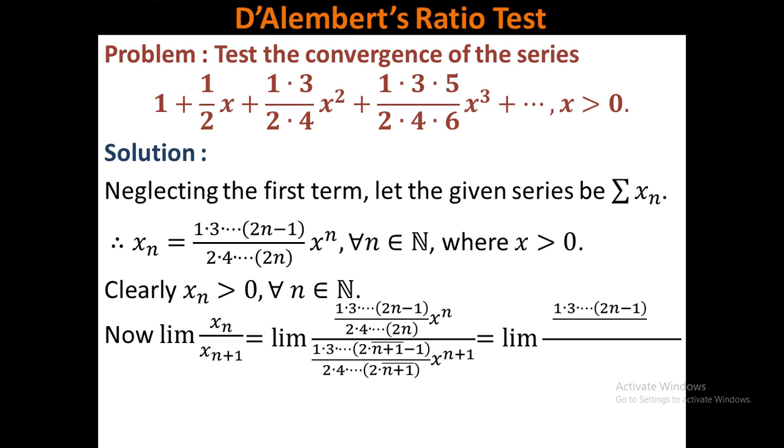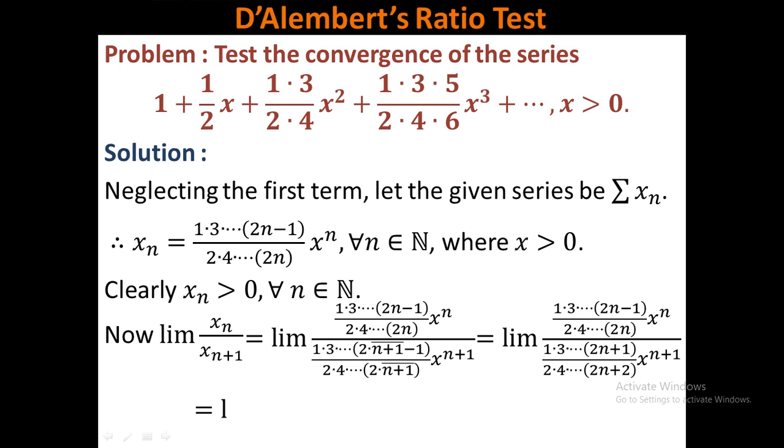Now this is xn and there xn plus 1, just I simplify. This starts 1·3·5 and ends with 2n plus 1, here it ends with 2n plus 2. After simplification you see that 1·3···2n minus 1, all the factors are present in both, that is 1·3·5···2n minus 1 and 2n plus 1. After simplification the numerator portion resulting will be 1 by 2n plus 1, and here if you calculate 2·4···2n and here 2·4···2n plus 2, actually the previous term's last factor of 2n plus 2 is 2n, after simplification there will be 2n plus 2, so 2n plus 2 will be in the numerator.